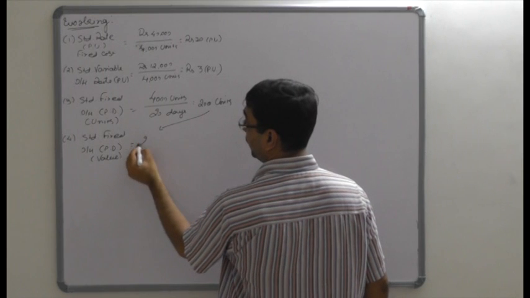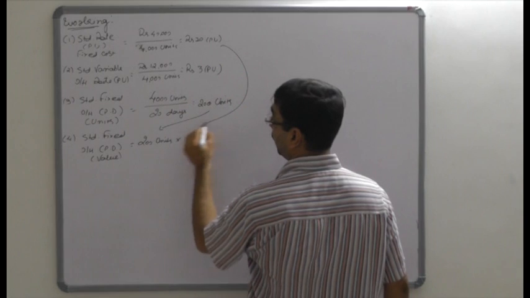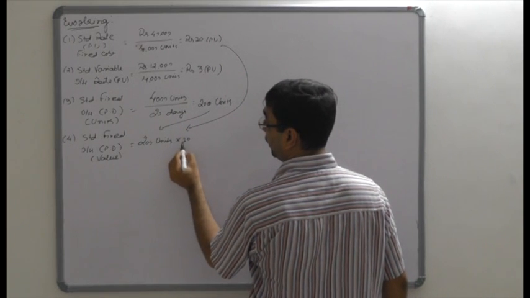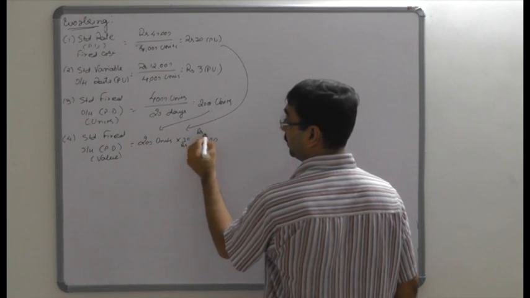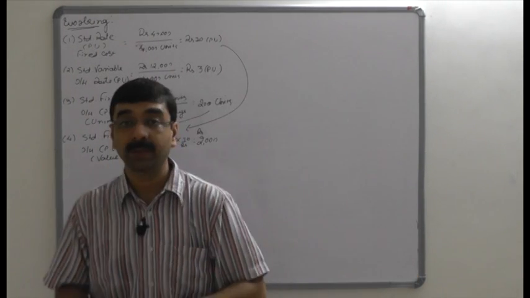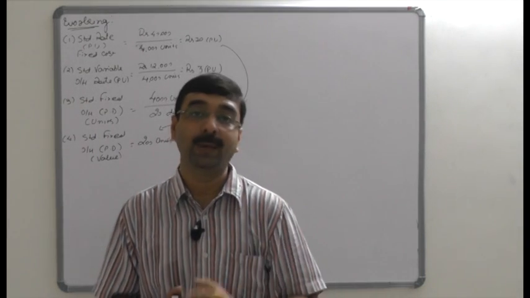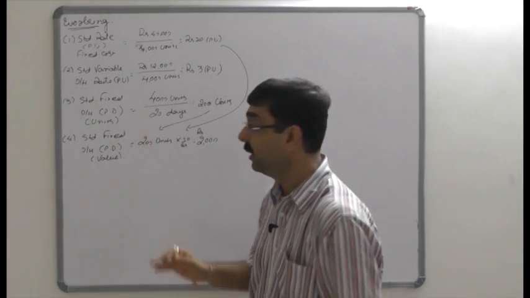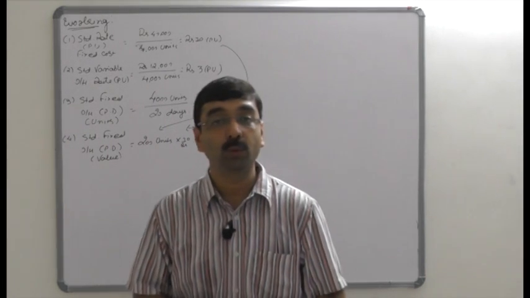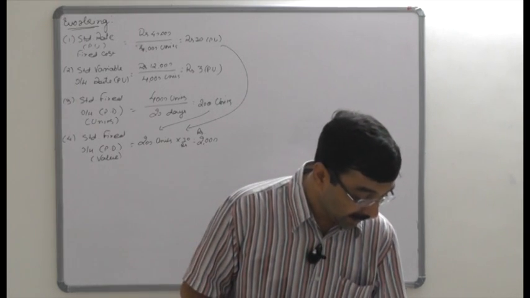So 200 units multiplied by 10 rupees per unit comes to 2,000 rupees. Rupees 2,000 is the standard fixed overheads per day in value. So these are the pieces of information that may be required for the calculation of overhead variances. Let's begin the variances one by one. And here I am